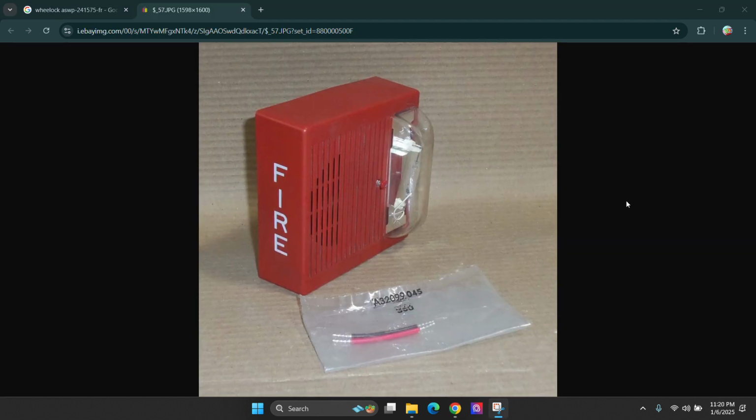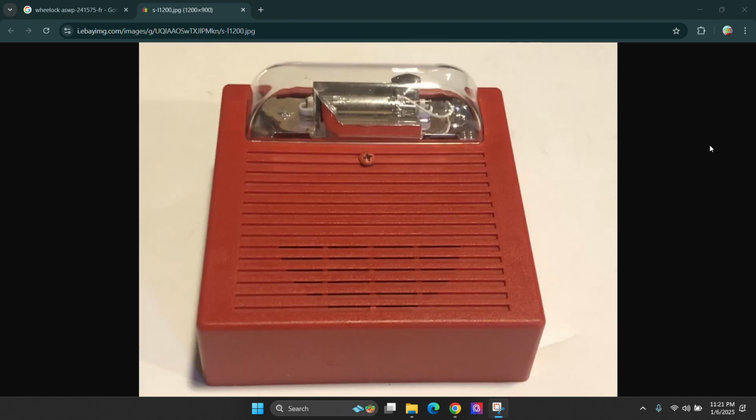By the way, I was able to go in and order this Wheelock AS on eBay, but it's out of stock, which means I might have to wait and get another one sometime in the future, since this one's already been sold. So here's a different Wheelock AS. This is a second generation. This is a Wheelock